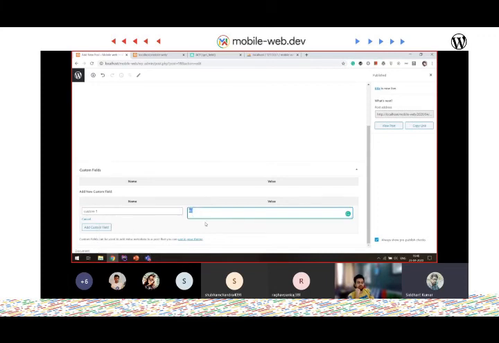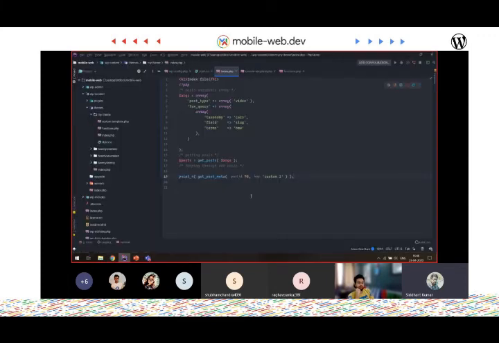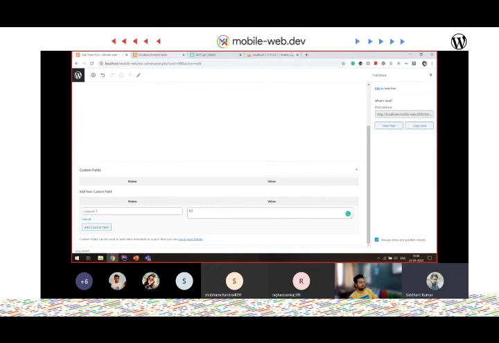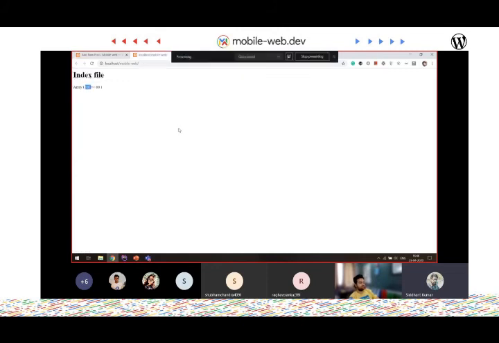And if you want to see the whole object, let me remove this part. These are the values attached to our post in the post meta, so you can now see this object is attached to that post.